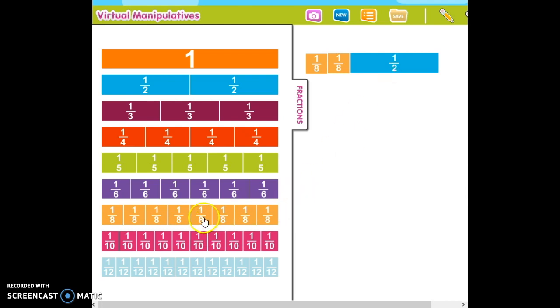He has 4/8 on his first day. This is also a great opportunity to use these because we can also see that 4/8 is the same as 1/2, so when talking about equivalent fractions, which we're going to get to here in a moment,